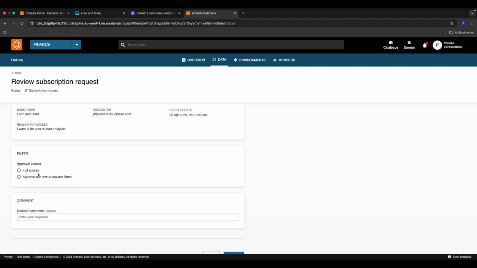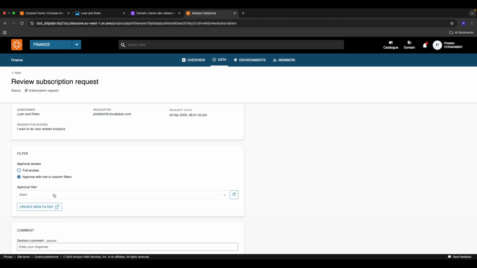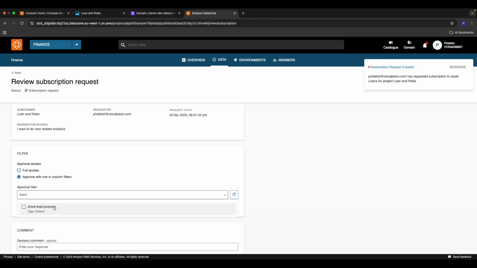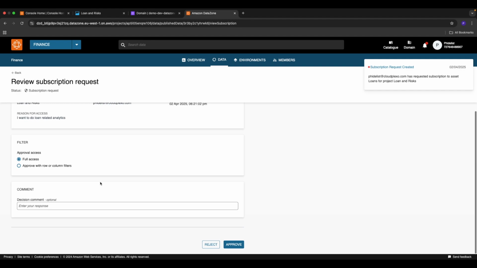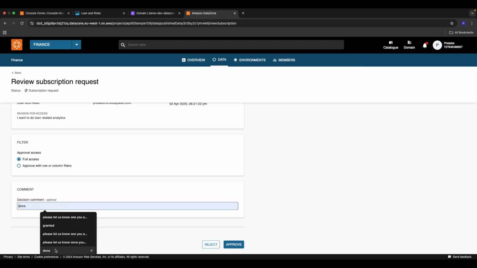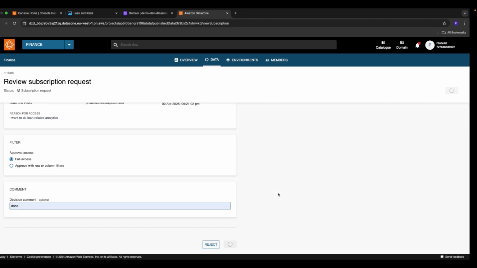So if this reason is valid, then we want just to give them full access. If we want to approve with column filters, now this is where the filter that you are talking about, if we want to give limited access to the data. So for this case, we'll give them full access and just provide a comment that done, then approve it. So after we approve this